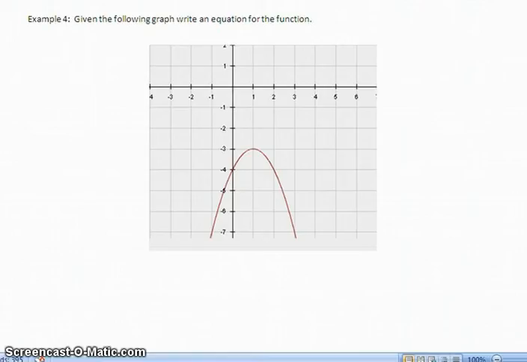Okay, let's see how you did. First thing, what family does this belong to? It's even,